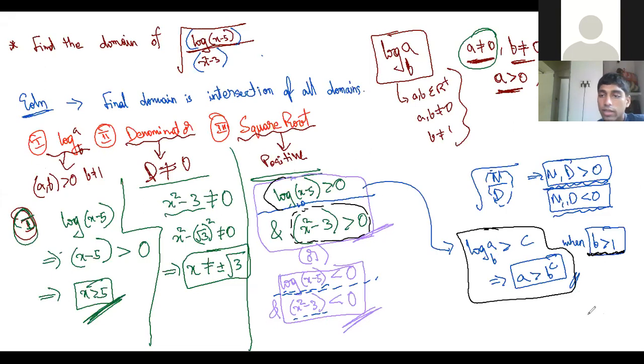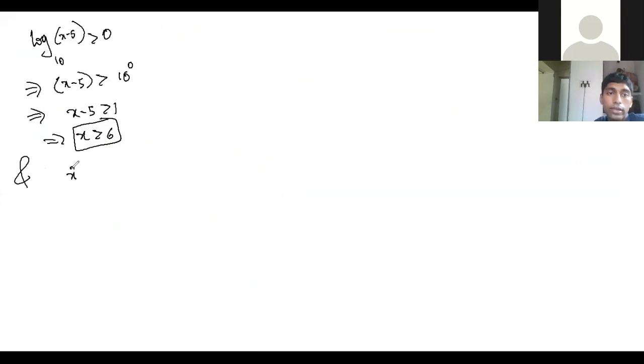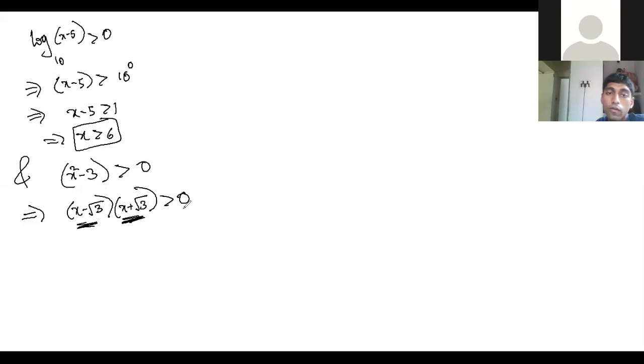Now we already proved this. When is x square minus 3 positive? This is important. x square minus 3 is positive. This should be split in two parts: x minus root 3 into x plus root 3. Now this is a very, very important part. On multiplying two things, when do you get a positive sign? If both of them are either positive or negative. Yeah, very good. If both are positive or both are negative, right?